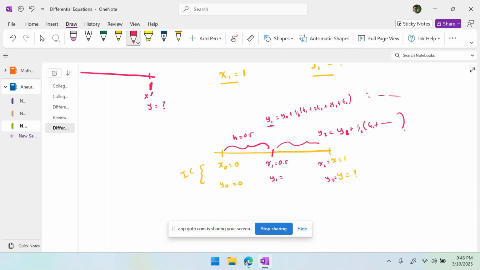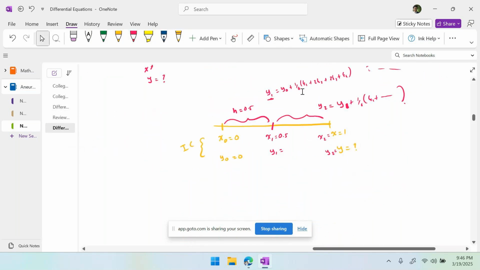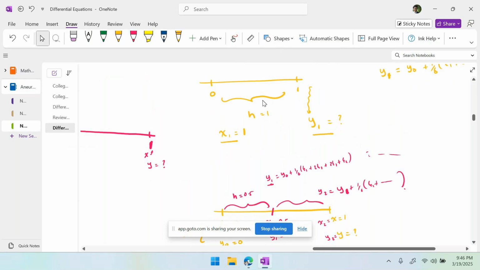Okay. So now you have two segments in this interval, and still the end goal is to identify the value when x is equal to 1. And to reach this, I go with two steps. But earlier, we used a single step. So here, the value of h, or the interval size, or you call it the mesh size,